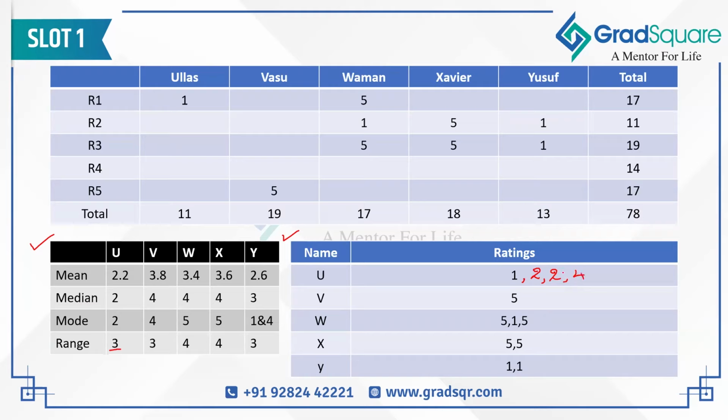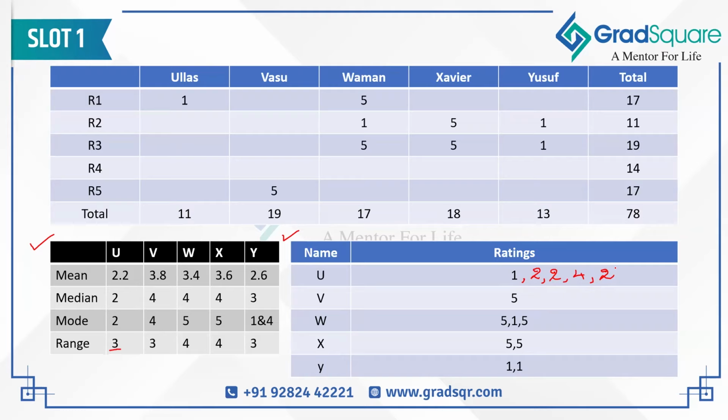Now let's add these 4 numbers up. These 4 are definitely ratings that Ullas has gotten, is something that I can conclude. If I add these 4 up, I get 4 plus 2 plus 2 plus 1, which is equal to 9. Whereas the total rating for Ullas is 11. So the 5th rating that Ullas would have gotten from some restaurant has to be 11 minus 9, 2. So these are the 5 numbers which have been given as ratings to Ullas.